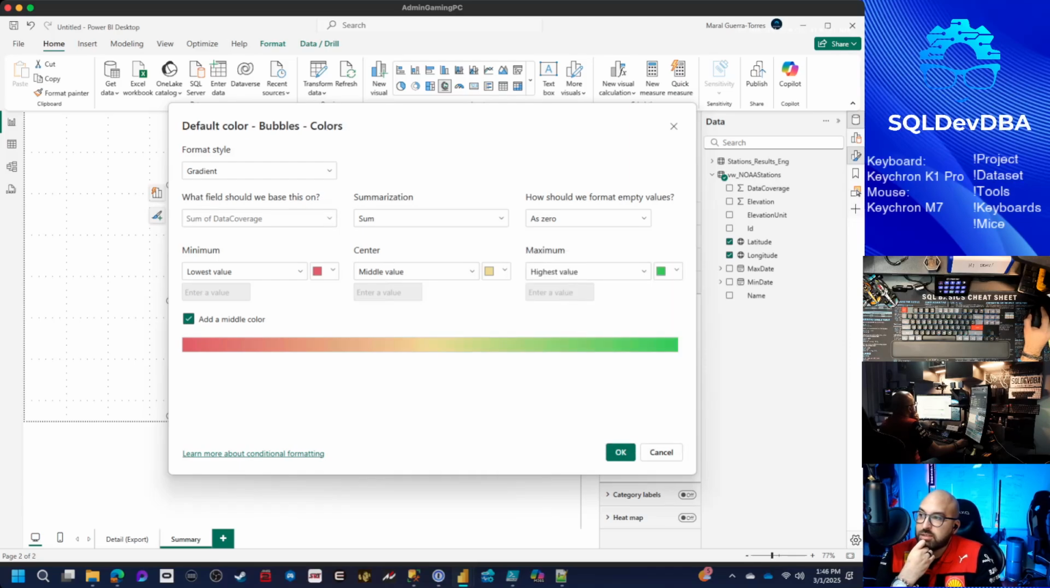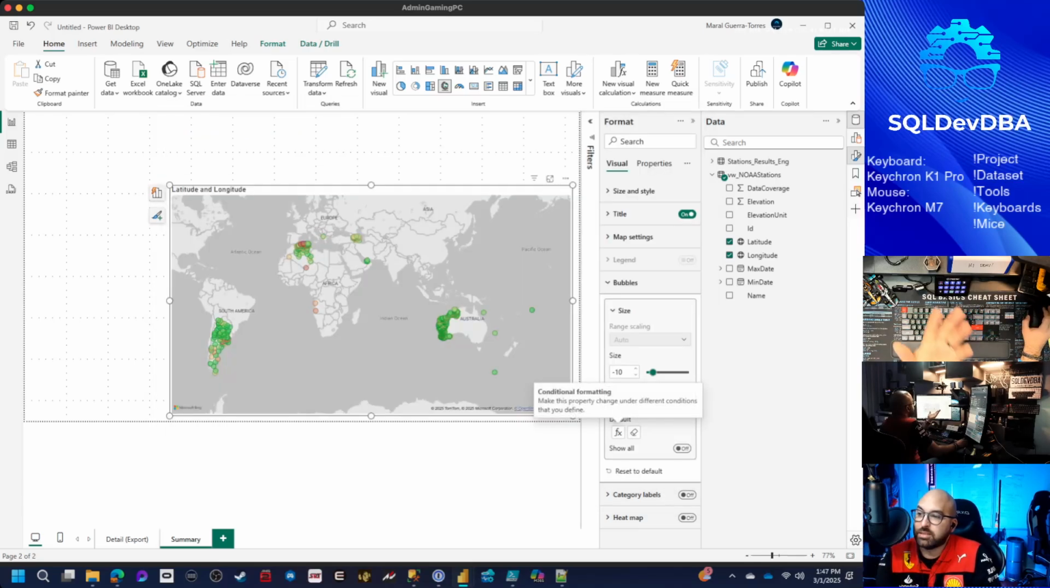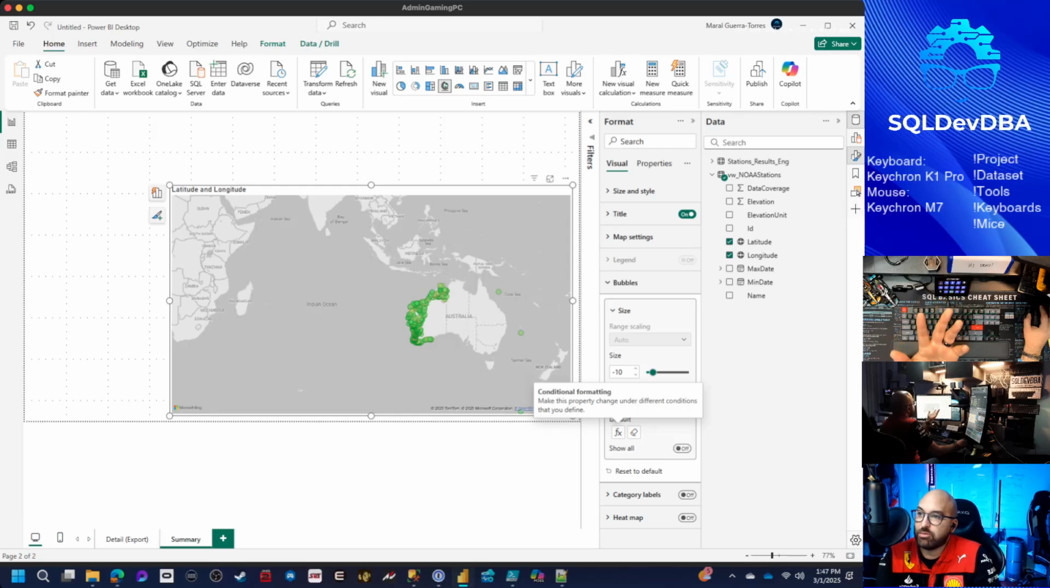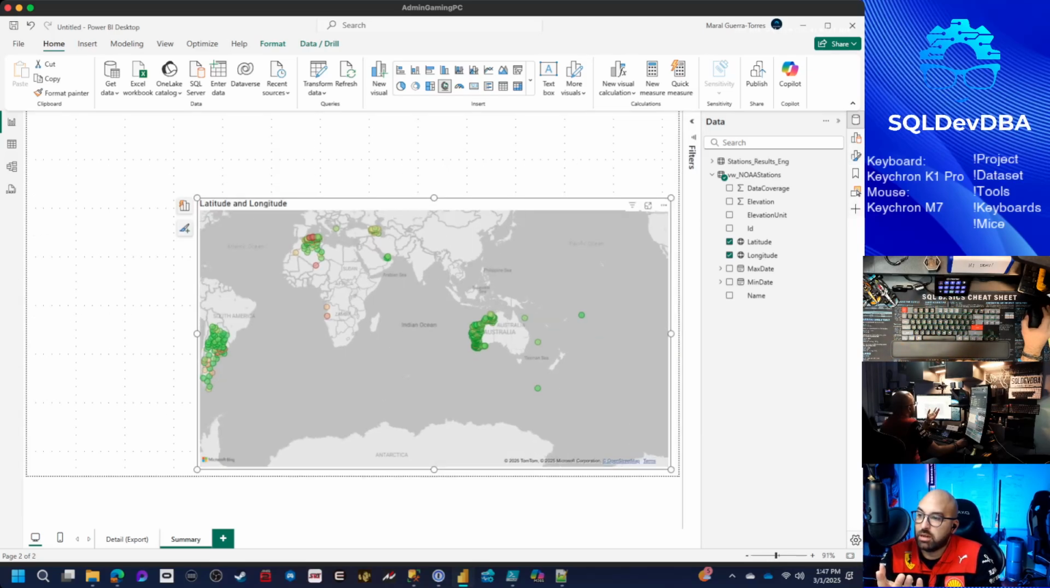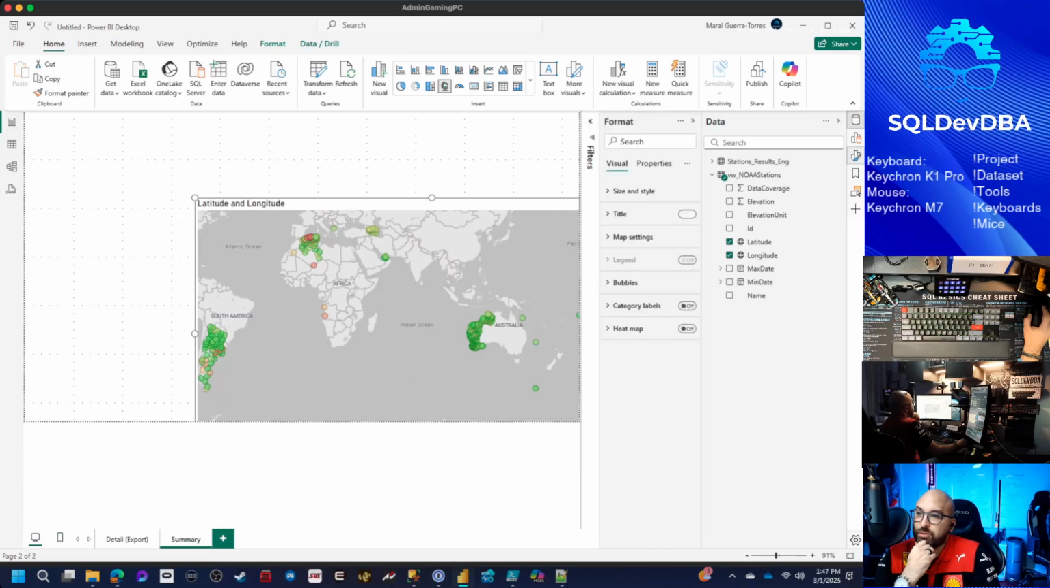And it's the sum of data coverage. Technically, it can be the sum, it can be the minimum or the maximum if they're just one value. I'll just do minimum for now. And now we can see that our data coverage is changing the color of all of our dots. Here's a red one that has super low data coverage. How do we know that? We don't, right? So what do we need to do? We need to format this visual,